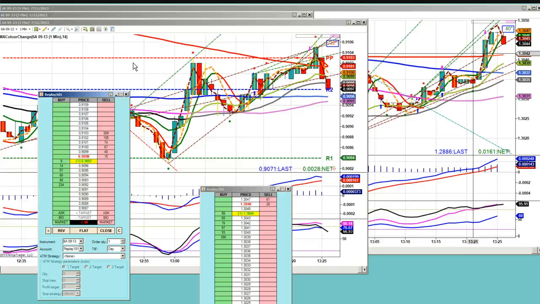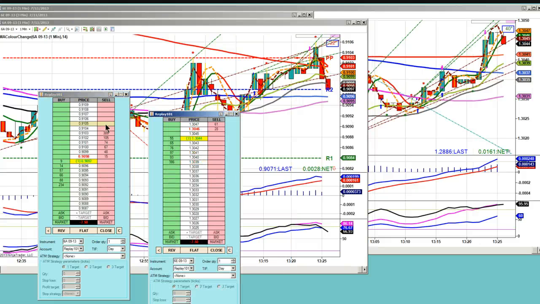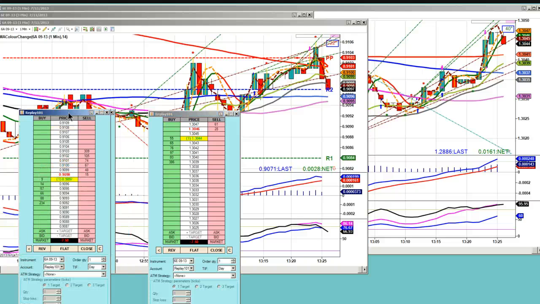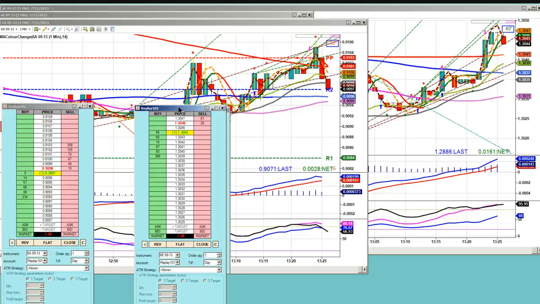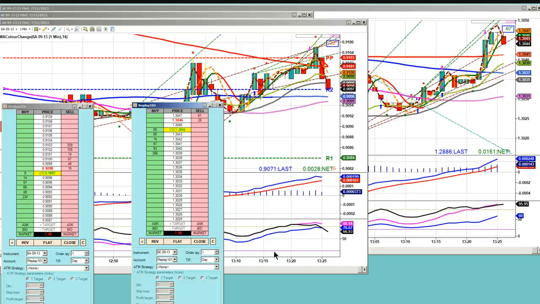So can you do this with one market or two markets? Are you minimizing your risk because you are only trading one contract? I am minimizing my risk because I'm trading one contract, but why I'm minimizing my risk is because, instead of putting all my eggs in one basket and hoping that it works, I'm now splitting my eggs, and chances are one of them is going to give it to me.